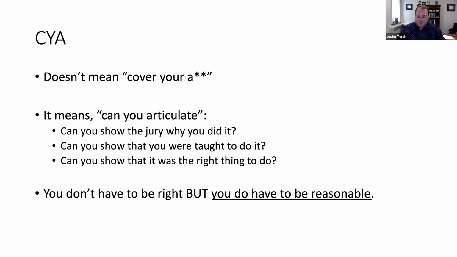And none of us, I'm sure, I know I don't ever want to be in a situation where I have to use deadly force, let alone in a situation like that. But at the same time, it was reasonable. So it wasn't right. Wasn't correct, I should say. Right gives a moral implication, but it wasn't correct, but it was reasonable.